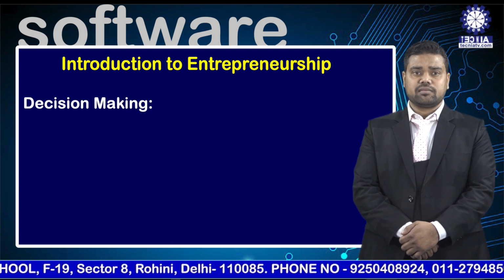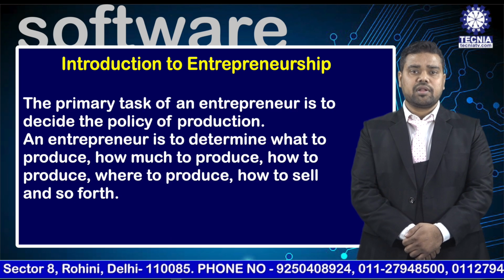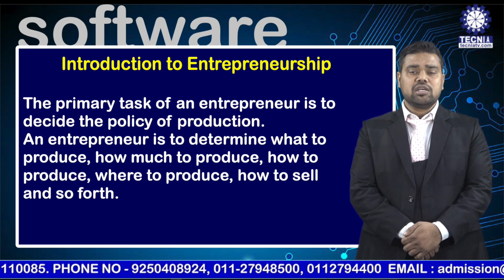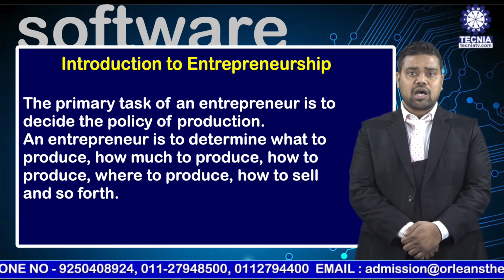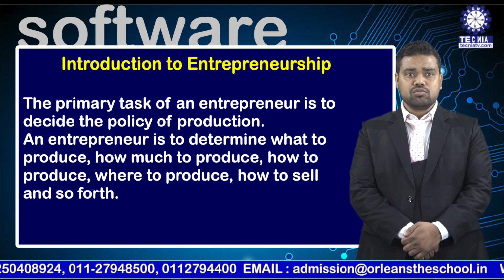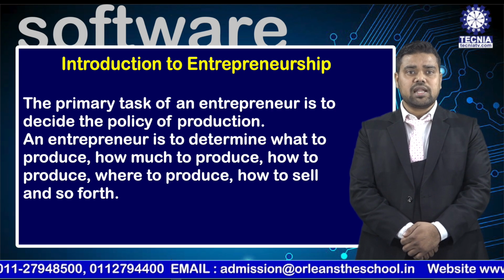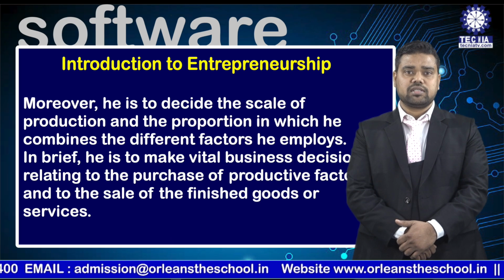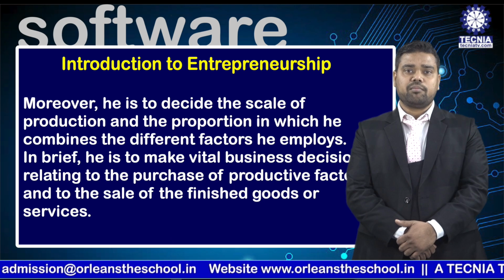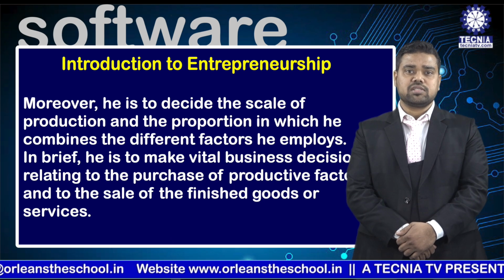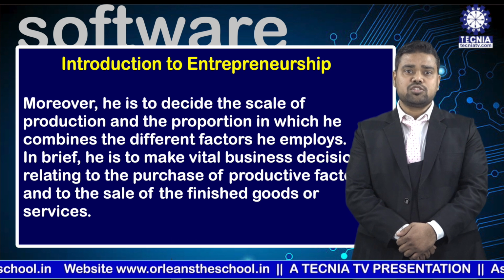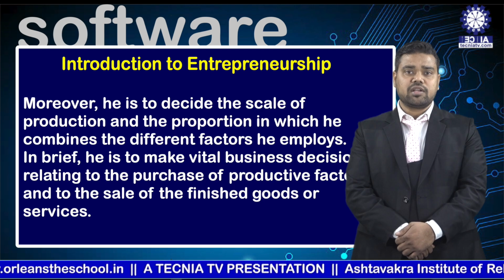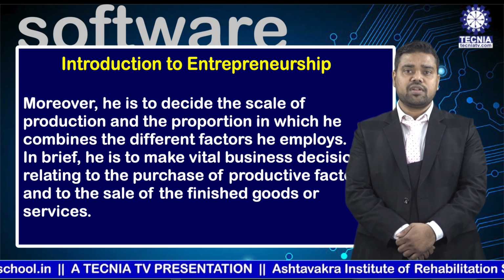First, decision making. The primary task of an entrepreneur is to decide the policy of production. An entrepreneur is to determine what to produce, how much to produce, how to produce, where to produce, and how to sell, and so forth. Moreover, he is to decide the scale of production and the proportion in which he combines the different factors he employs. In brief, he is to make vital business decisions relating to the purchase of productive factors and to the sale of the finished goods or